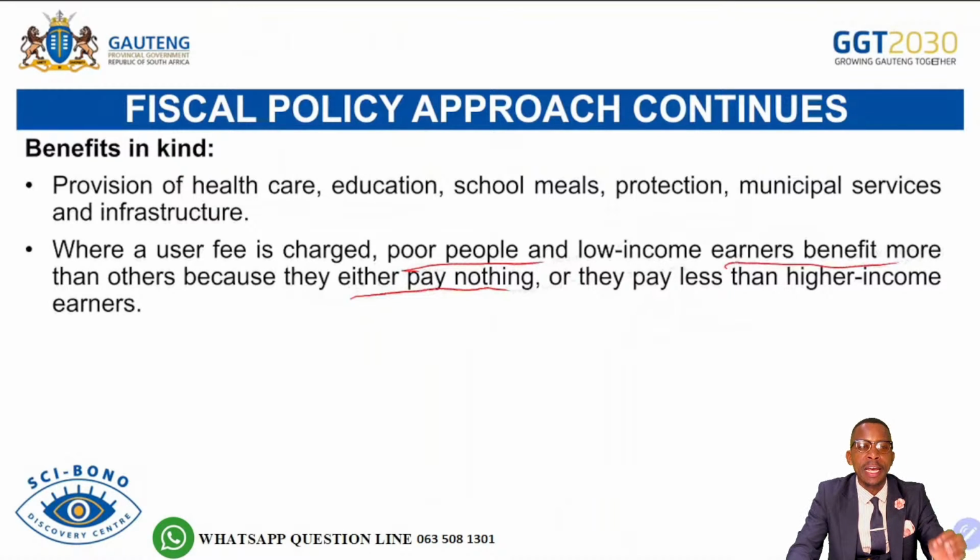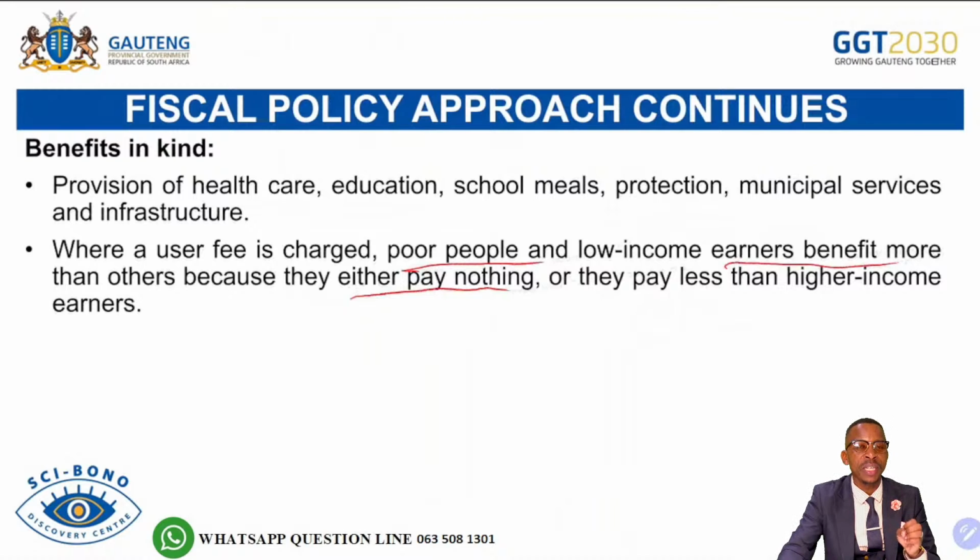They must recharge to get water. So that simply means some areas are chosen by the state to say no levies will be imposed on them because of their lower welfare, because of their lower living standard. If there's a high level of unemployment, the area is mainly made of maybe informal settlement and also RDP houses. That means most people in that demographic area are unemployed. Most of them are pensioners, therefore they will not be able to afford to pay for water. Then the municipality intervenes by not levying for the use of water in those communities. That's why we are saying poor people, or underprivileged people, benefit the most,